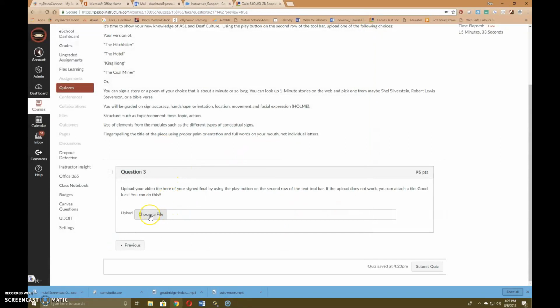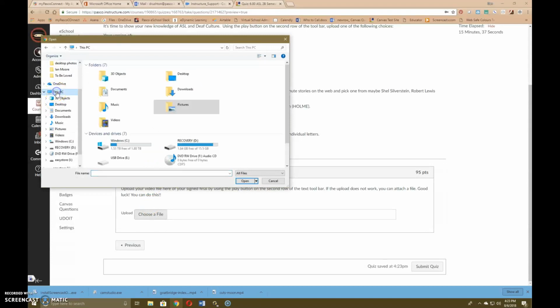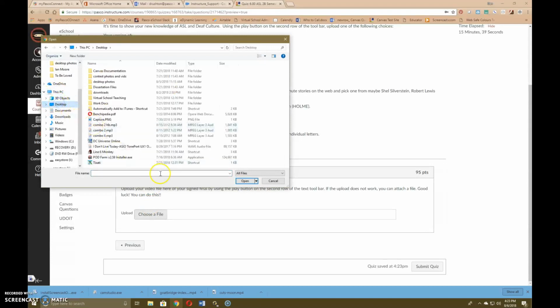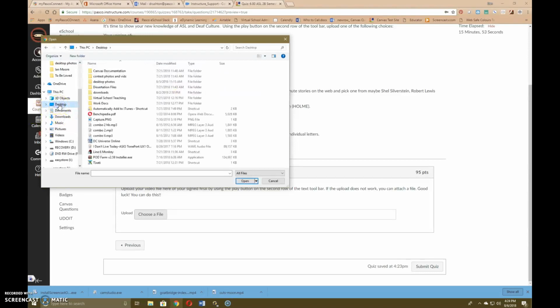We're going to click choose a file in the quiz itself. And normally, you would probably be at your desktop, so I'm going to show you how to actually get to your pictures. Chances are over here you have the pictures this way, so you could click pictures, and then there's your camera roll, and then we pick it that way. If that isn't present, we can go desktop,